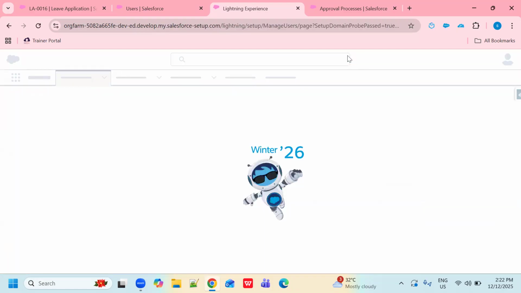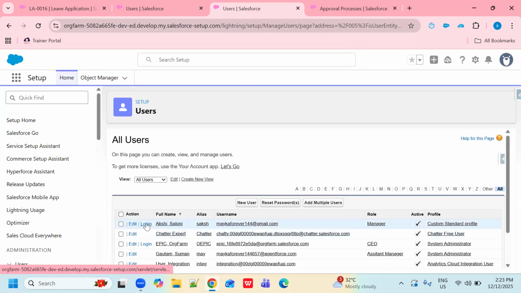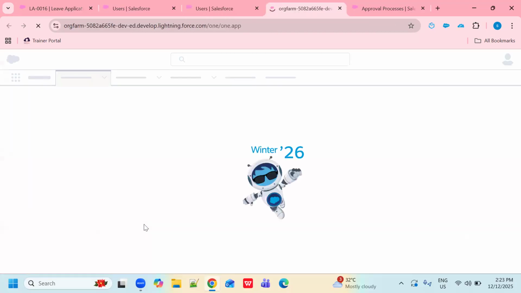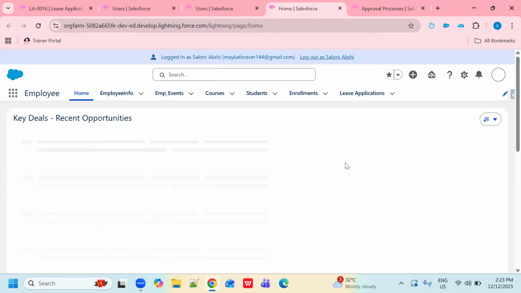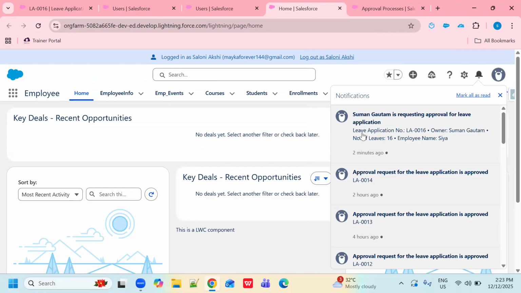Now I'm going to log in from my manager account. This user, this is my manager, you can see here, right? So I'm going to log in from here, and this user will get the notification about the leave application, right? You can see here leave application, and this is the employee name who put the leave, right?